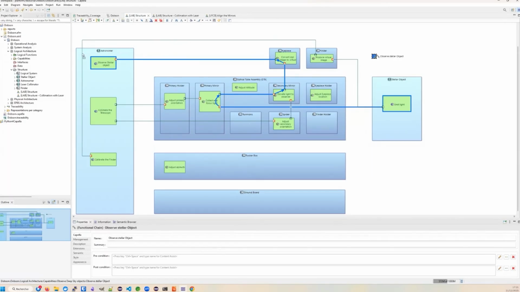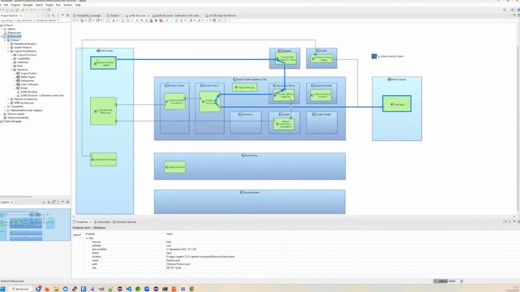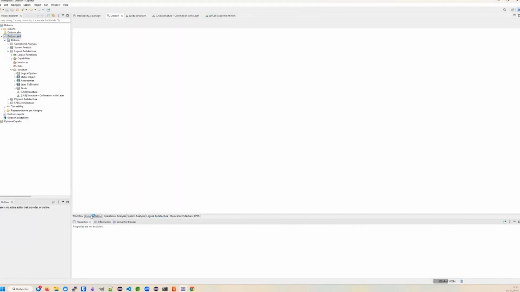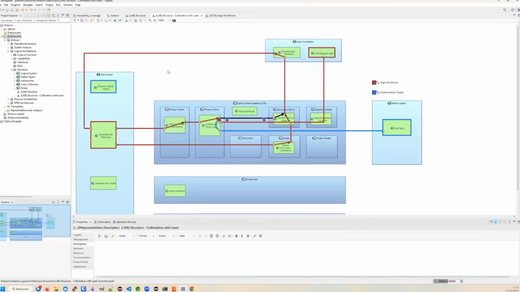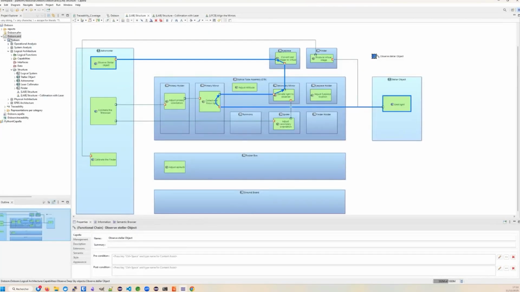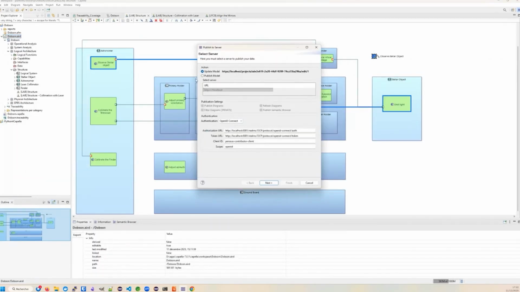And when you are working with publication for Capella, you can just publish your model, which will contain all these diagrams, but also the description of all objects that you can find. For example, here you have a way to describe your model with rich text and some links. You have many diagrams that will be published. So we will see that all this information, the model tree structure, the rich text, and the diagrams will land online. So I will just hit publish to server like that.